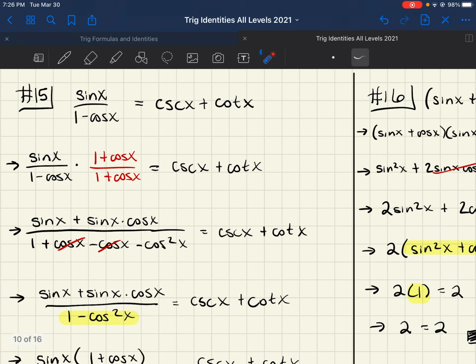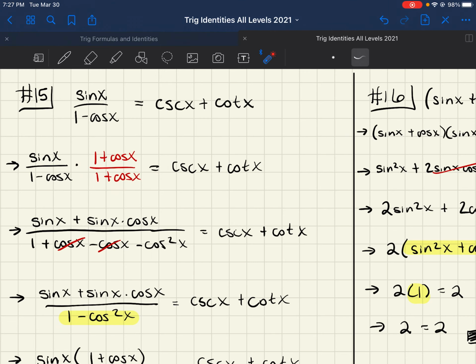Verify that sine of x over 1 minus cosine of x equals cosecant x plus cotangent x. So I see this 1 minus cosine of x. It's not an identity, by the way. It doesn't have the squared. We can't just turn that into sine of x. I've had a lot of students ask me that. You can't do that. So, but I can force it to be an identity by multiplying by 1 plus cosine